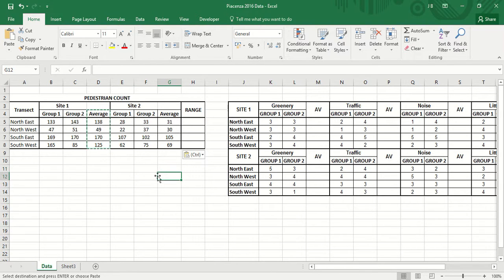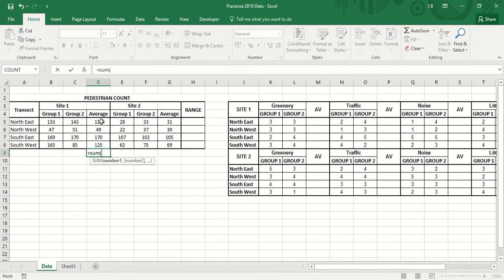Now sometimes you might want to actually work out the overall average for site 1 and the overall average for site 2. To do that, make it the same, equals sum. Now back to the shift function. If you hold down shift, first and the last cell, it's highlighted everything else in between. Now if you wanted to select individual cells,